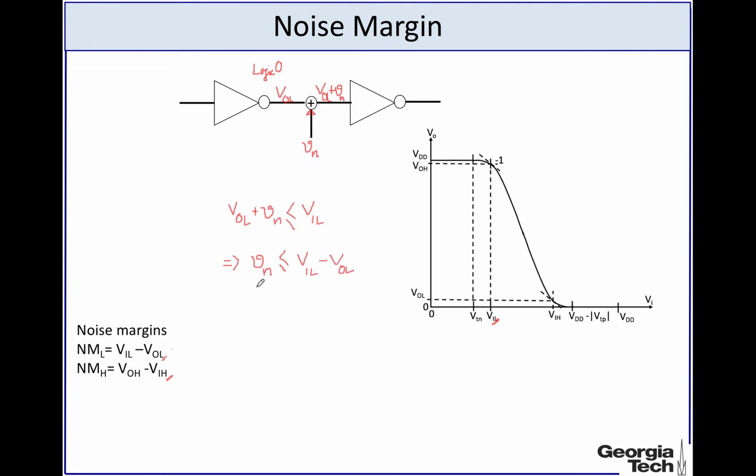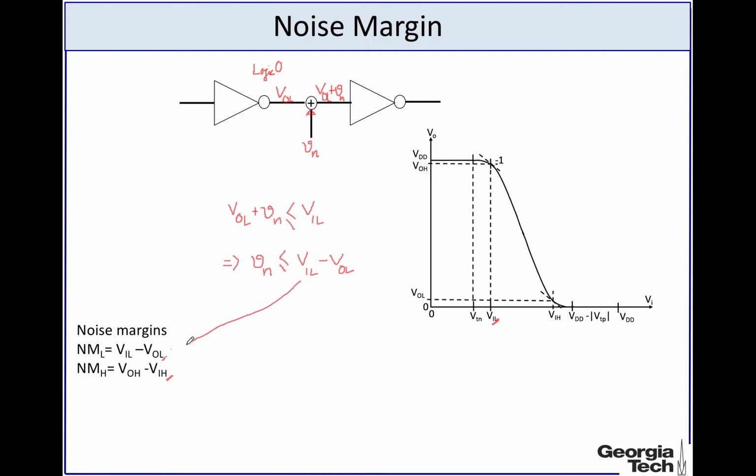So essentially this relation means that the maximum amount of noise that you might have injected into this system, with the inverters still operating properly, is VIL minus VOL, and this is